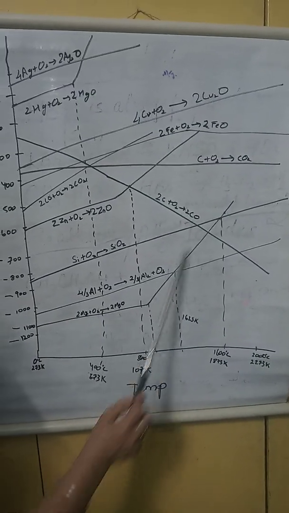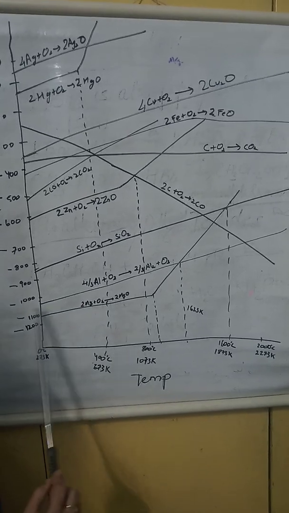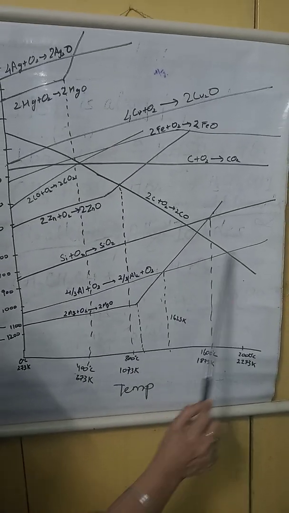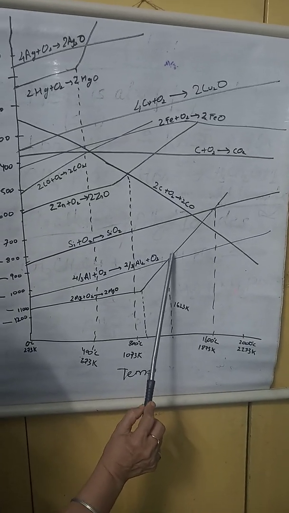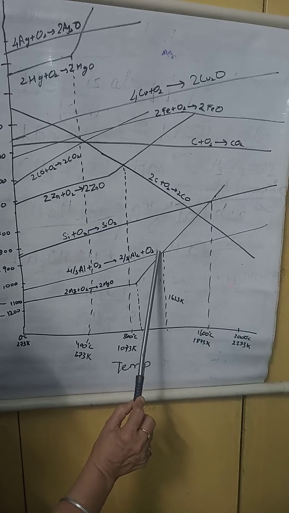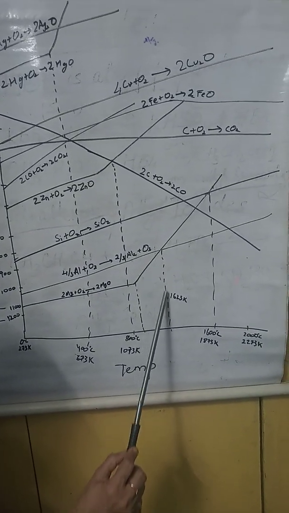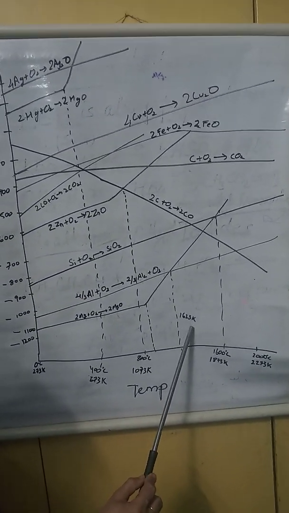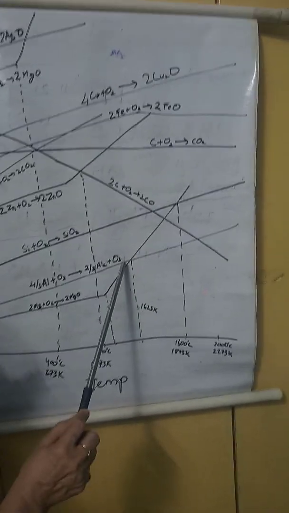When magnesium reacts with oxygen, magnesium oxide is formed. This graph is going up, and another graph, of aluminium, is cutting the magnesium graph. This point of intersection of the two graphs is represented by A. Here I have not mentioned it, but you can write down here the temperature. What will come here? That is 1623 Kelvin. This temperature is the place where delta G is 0.